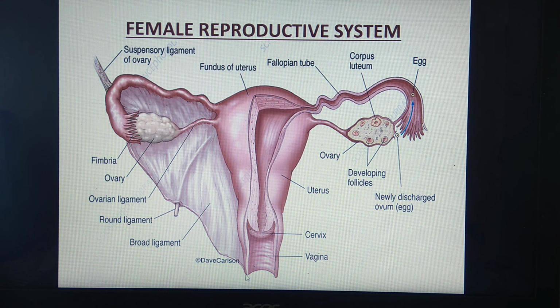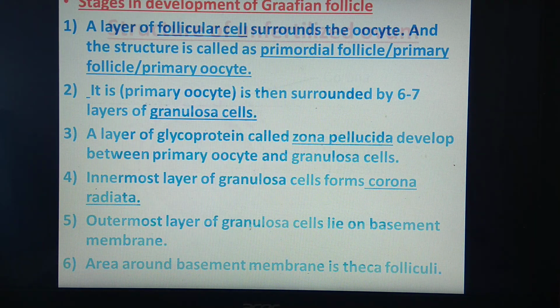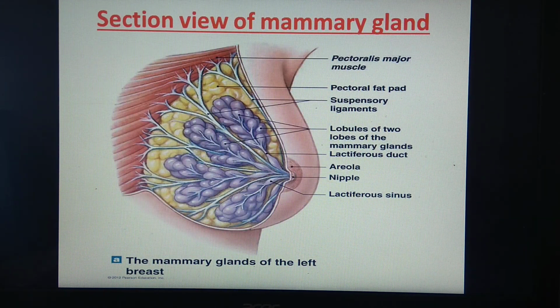Then we have seen that the vestibular glands are present here. The mammary glands, we have studied, are present in the pectoral region, and the external genitalia is called the vulva, with labia majora, labia minora, clitoris, mons pubis and vestibule. Now we have seen the complete structure of the mammary glands in detail, with fatty tissue, the glandular structure, the alveolus or sac-like structure, and the lactiferous ducts through which milk can come out, and this is the region of the areola.